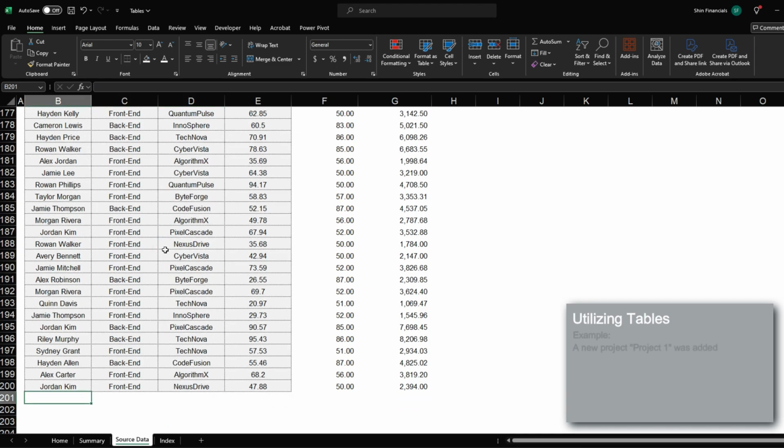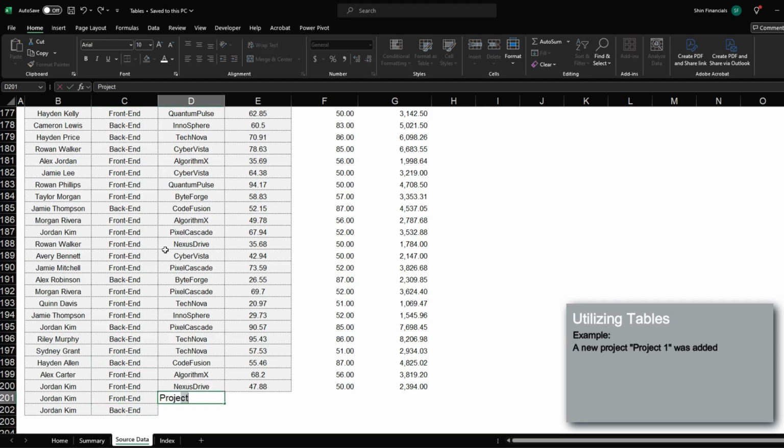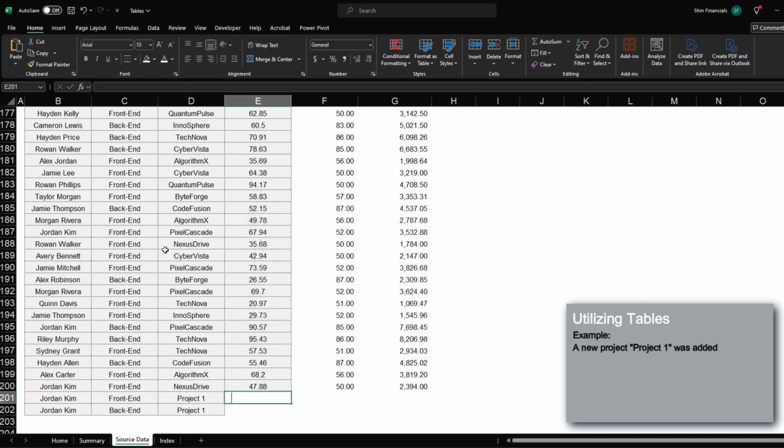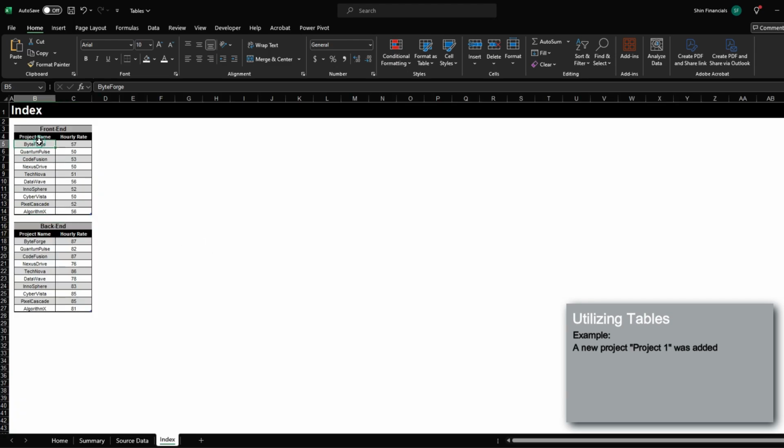So for example, let's say that tomorrow Jordan Kim, front end and back end, and let's say that there was a new project called Project 1. The amount or hours spent, let's just get an average figure here. And if we drag this formula down, it is going to return an error because Project 1 is not within our table. Now what we can do here is I'm just going to add a row, add Project 1, and then add